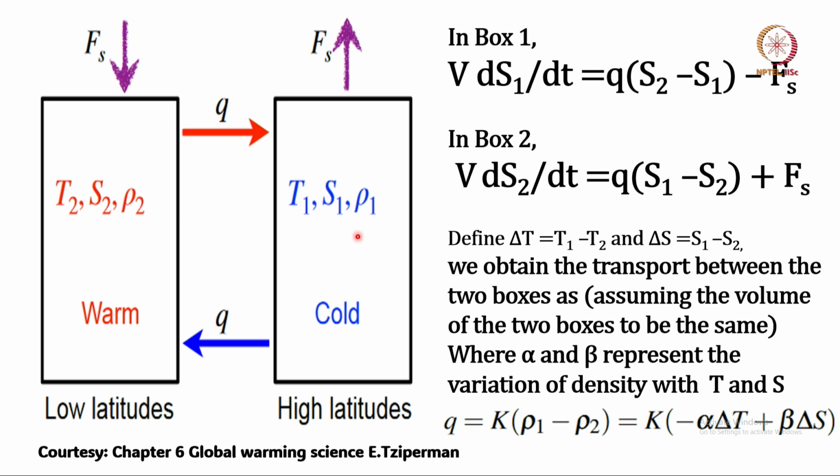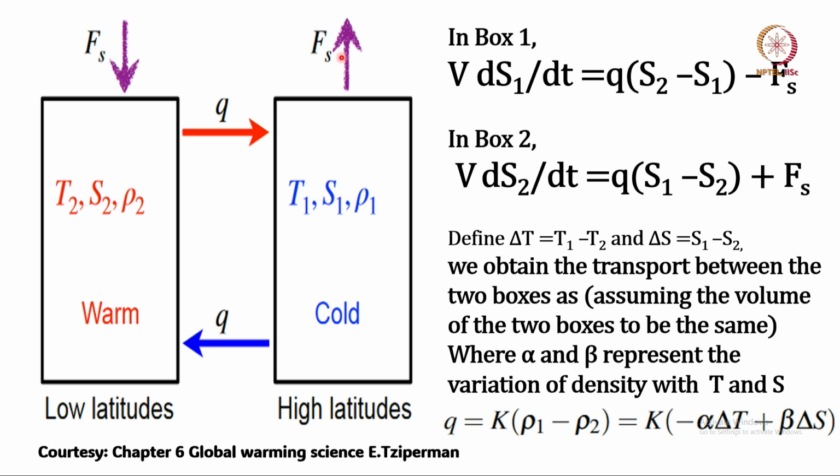Okay. The cold box represents the polar region and the warm box represents the low latitudes. Okay. And the idea is that due to the Atlantic meridional ocean circulation, some flow comes in here. So, flow with a different temperature, salinity and density comes into this box and alters the temperature, salinity and density of this box. Okay. And due to mass conservation, a similar amount of mass has to go back to the tropics. Okay. In addition, there is of course freshwater addition at the top, either at low latitude or high latitude.